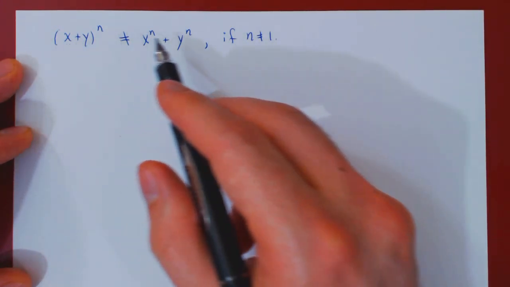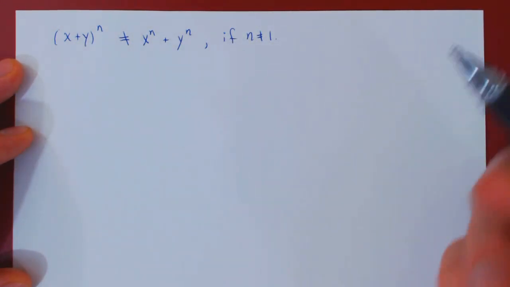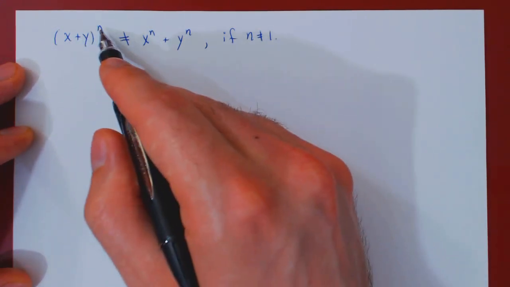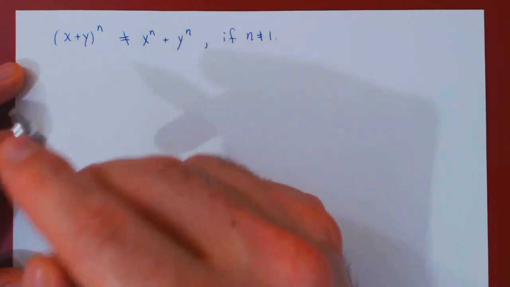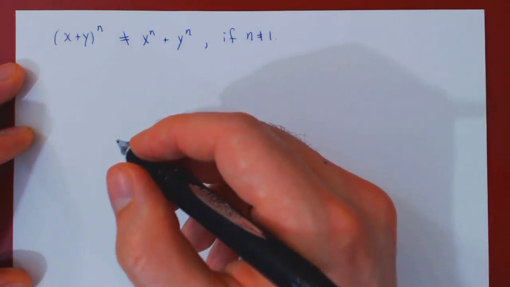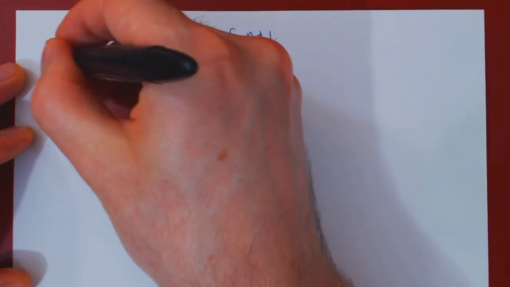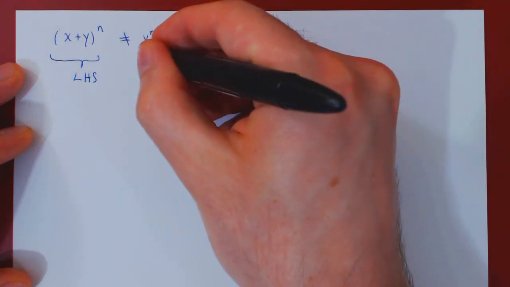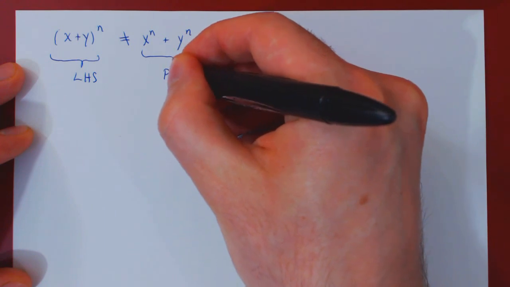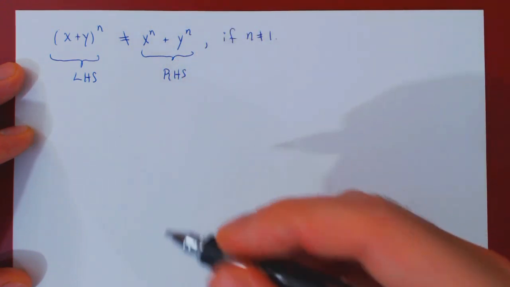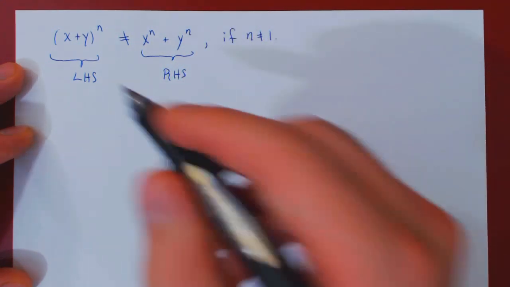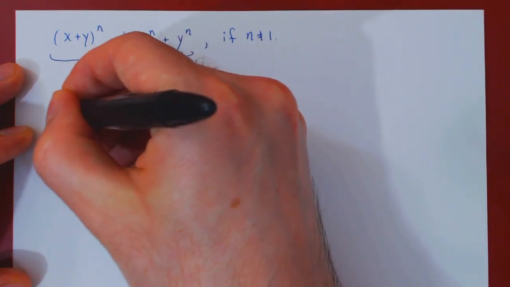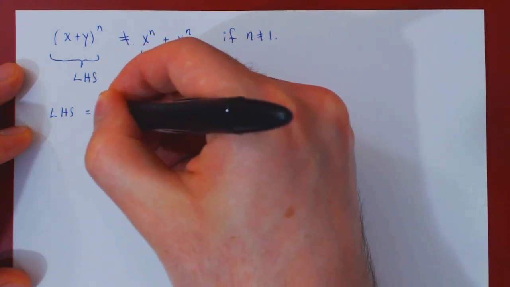And this is really easily verified. Let's look at two examples. Let's leave x and y first as variables, and then pick simply n to be 2. So if we call this, say, the left-hand side, and this the right-hand side, let's look at both sides when, again, x and y are variables, and n is 2. So we have therefore the left-hand side will be (x + y)^2,